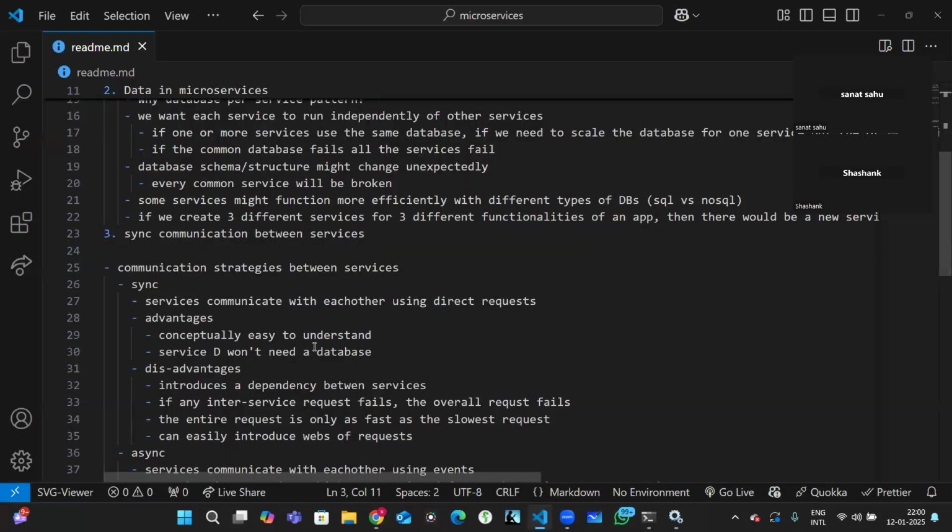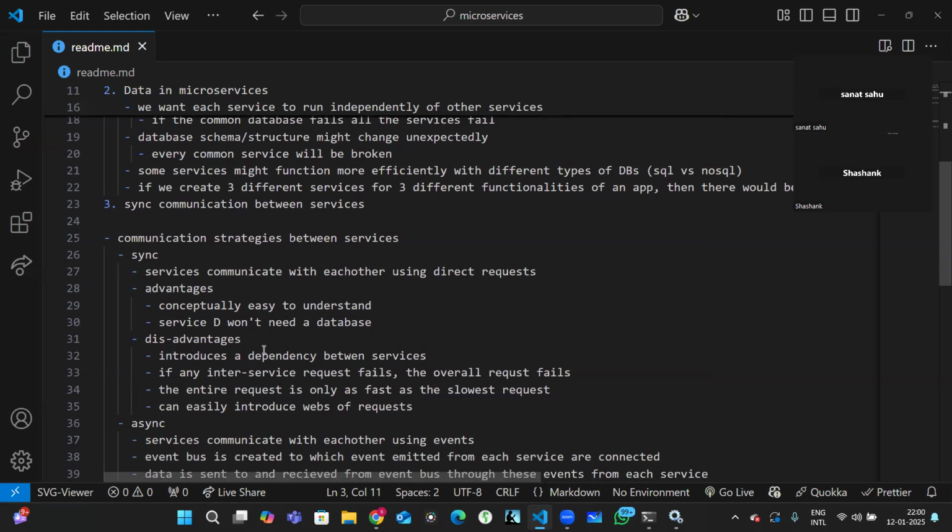The advantage is it is conceptually easy to understand. Service D won't need a database in that case. Because service D wants data from service A, service B, service C, we can make a direct connection between service D and all 3 databases. I get the data and I'm happy. But the disadvantage is it introduces a dependency between services. If any inter-services request